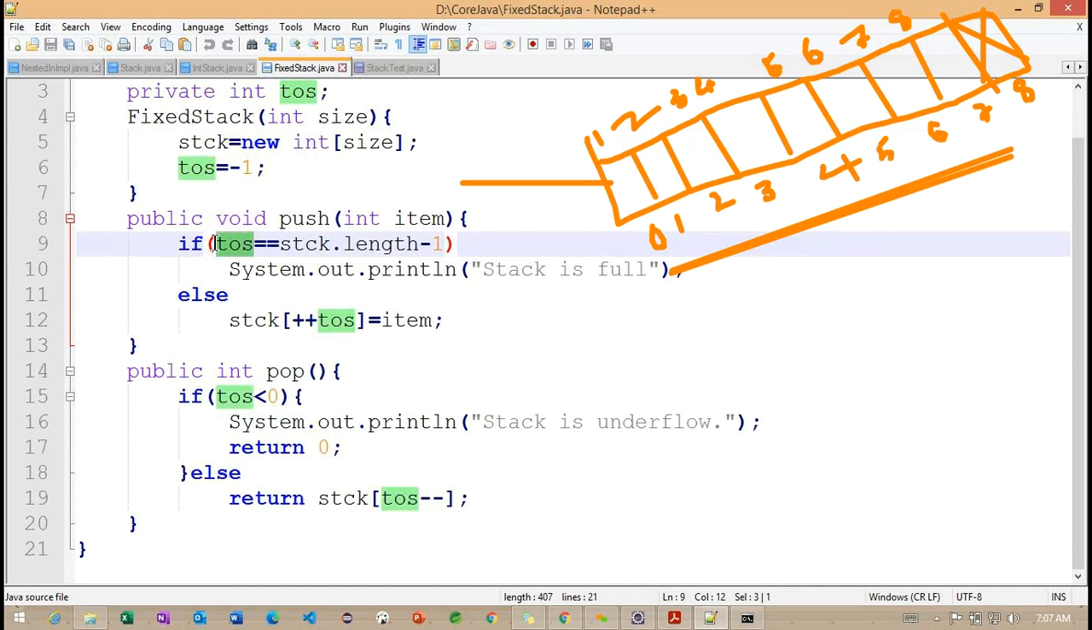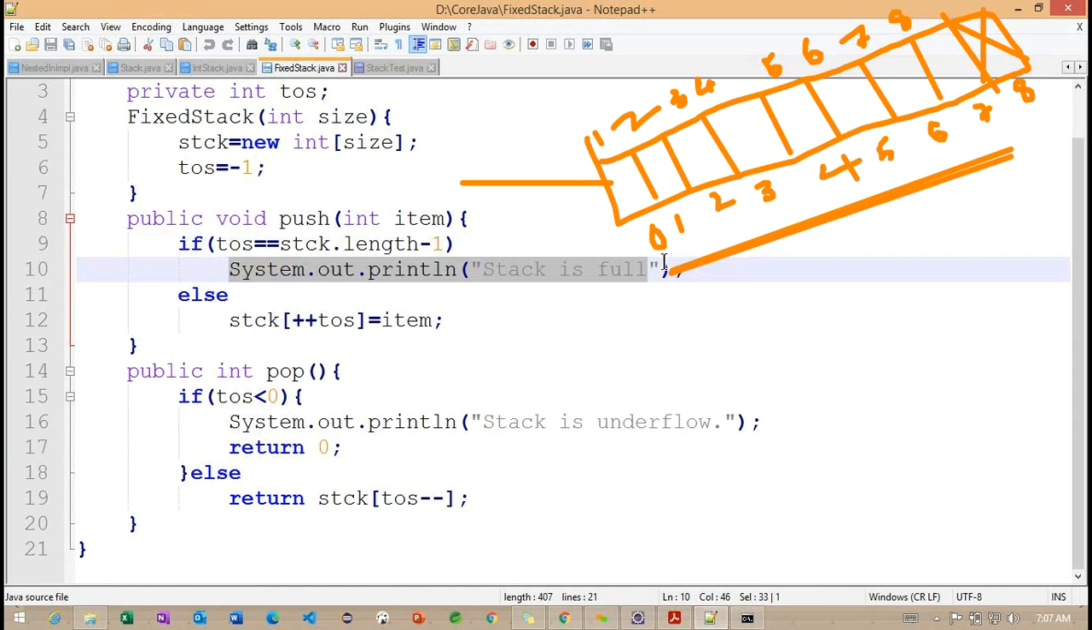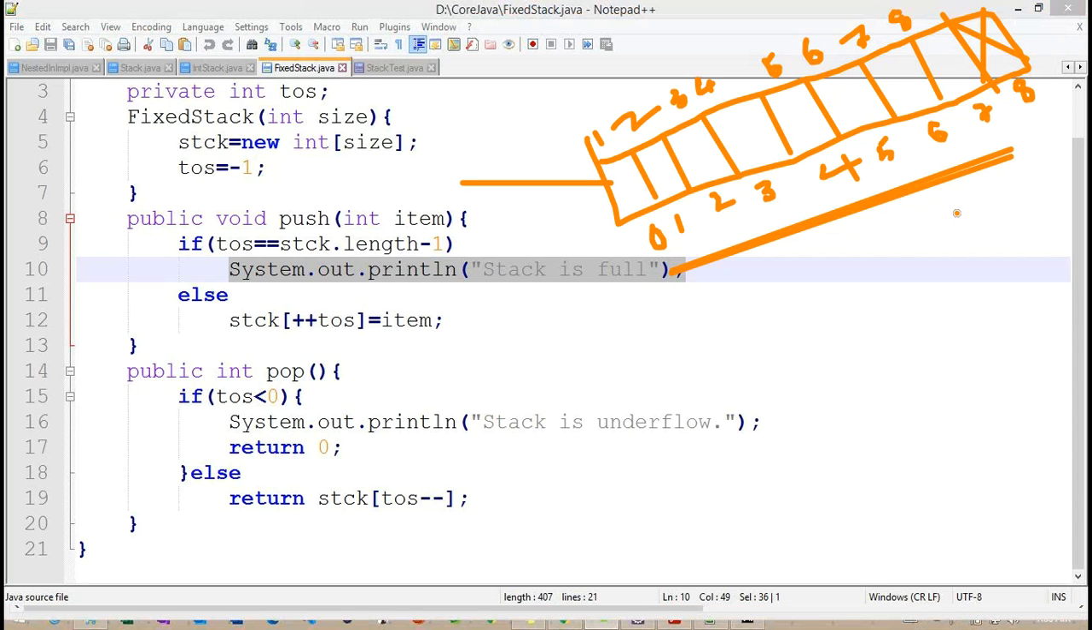So this particular variable will become 8 here. Final record, this variable will become 8, and the stock length minus 1 also is going to be 8 here. Whenever we have 8 here, we treat it as the stock is full. So we print one message: stock is full. But here, what I need to do,